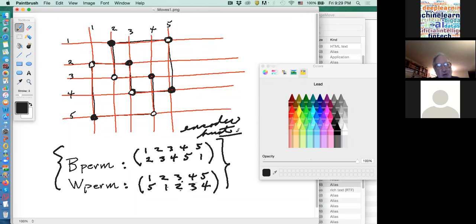Isn't that a cool coding? So that's the way we tell the computer what the knot is, by that coding. And also, you may be interested in learning about a subject